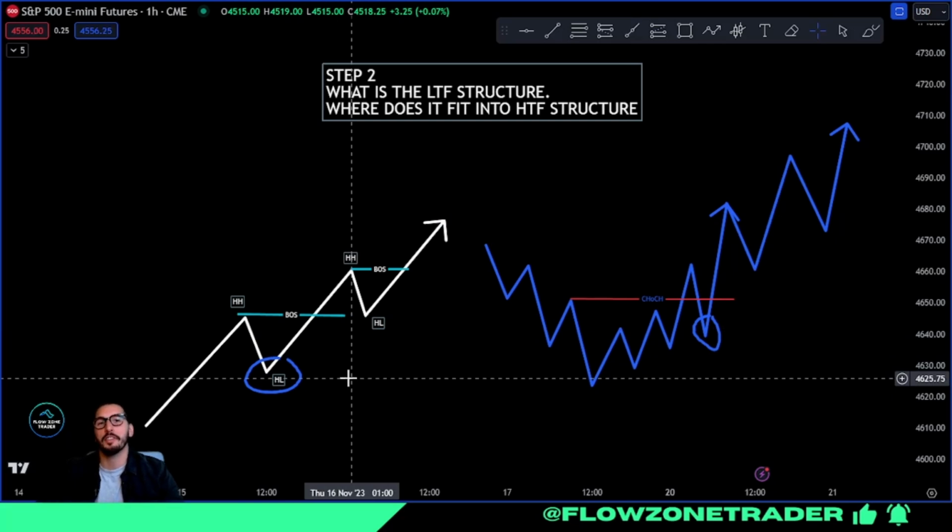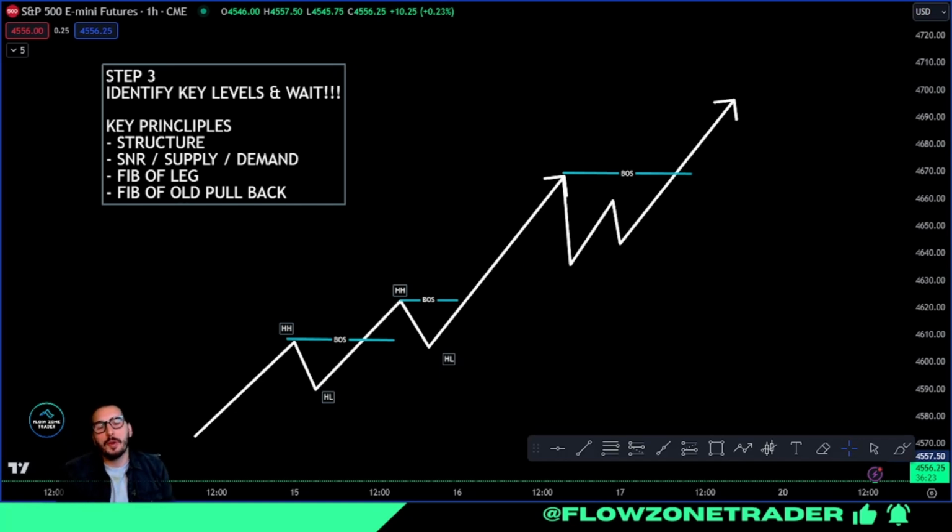There are lots of other ways we can look for confluence in this, which I'm going to go through right now in this video. Okay, so step 3 of taking this pullback trade is simply to wait. Identify your key levels and wait. You must not anticipate this trade or any trade when trading. You need to let the market come to you and you need to